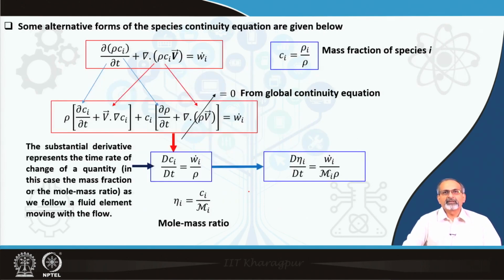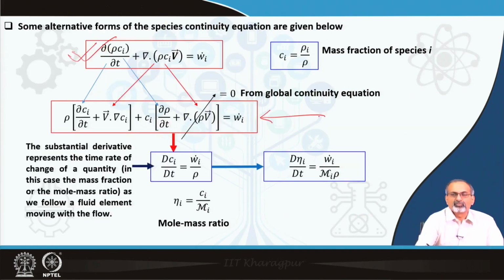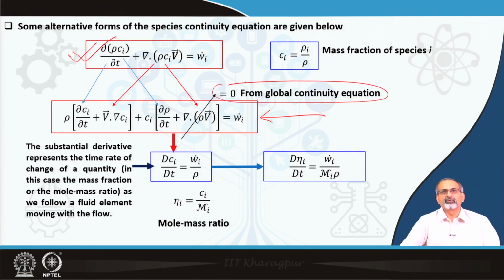And some alternative forms of the species continuity equation were also derived and studied at that time. So, starting from this equation, we showed that the equation can be further expressed in a form like this, where a part of those terms would go to 0 for the sake of implementing the constraint of global continuity equation, and therefore, it would reduce to a form like this, which is involving